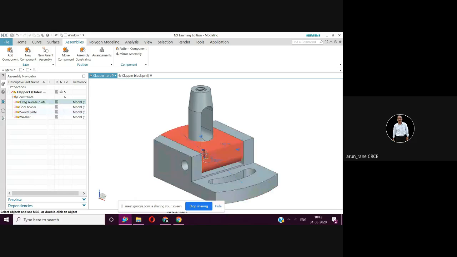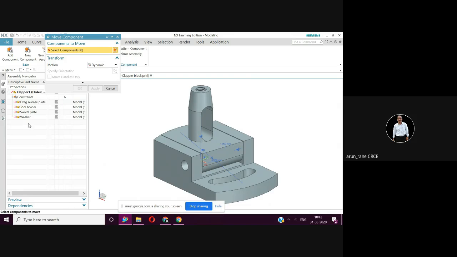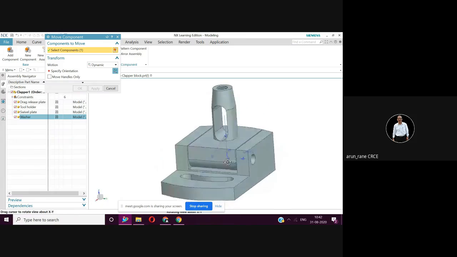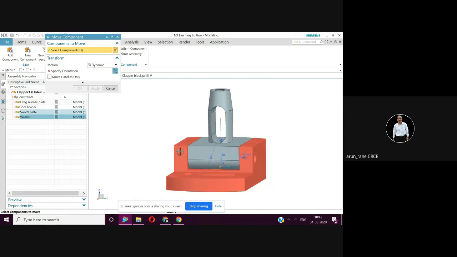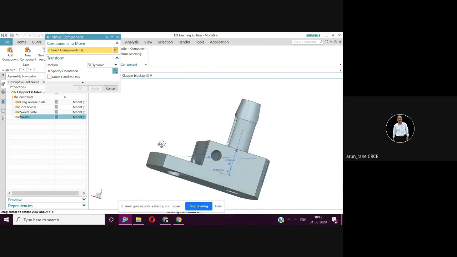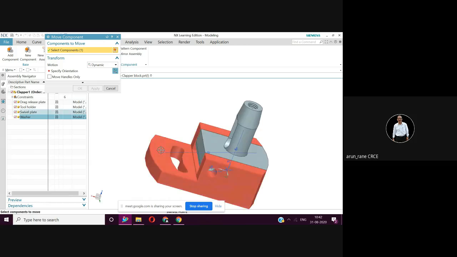It is very simple. No need to scare. So you go to move component. Now from the assembly navigator, we have to select the component. Select washer. Washer has been selected. You can check it from the rendering style. Let me rotate this.